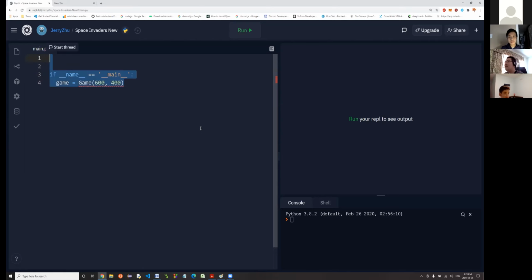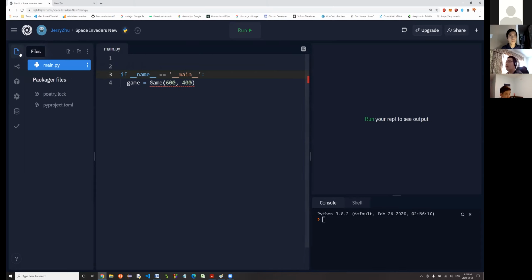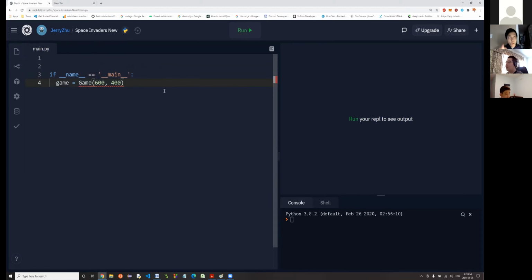You might be really confused about what this is. So first of all, this file is called main.py. This is a really good thing that a lot of intermediate Python programmers use to initialize a program. So what this means is that if the name of the program is main, right? So if this is the main file, usually you call it the main file. So make sure to call the file main.py. There's no other files. We're not making any other files, so feel free to close this package lock. Don't worry about that. But if name equals main, then